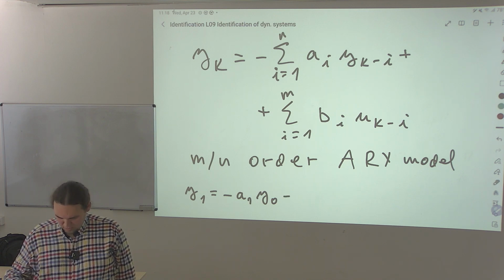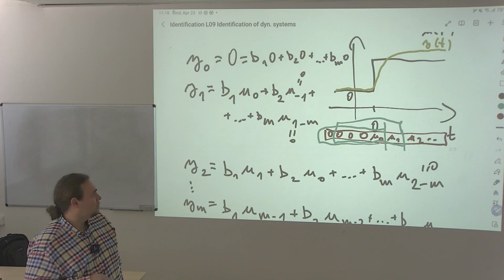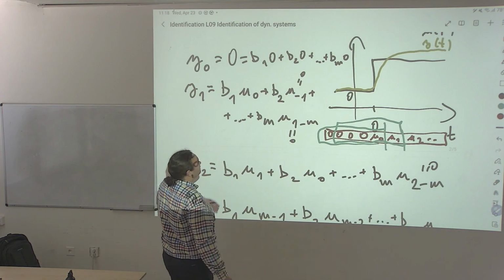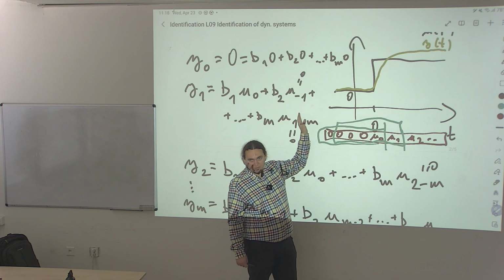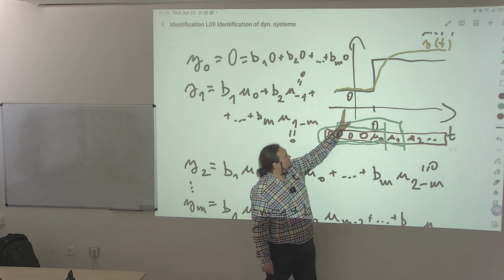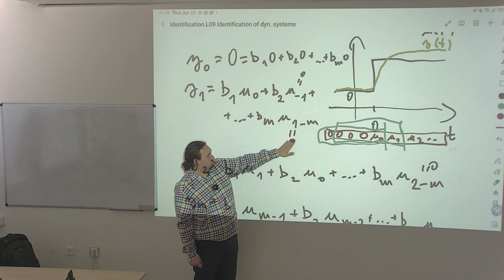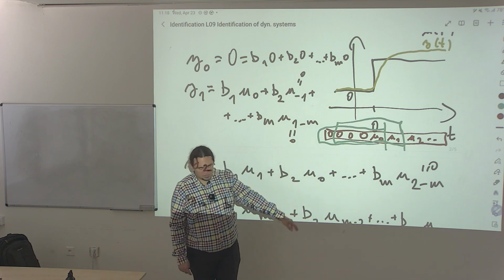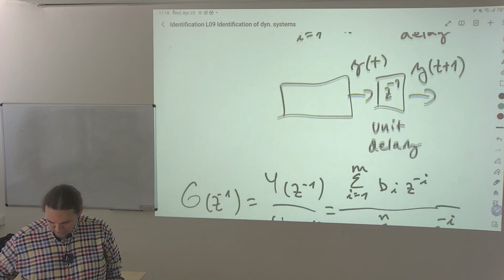Minus, and now in the same way as in our FIR model, we assumed that before the step we were in the steady state. So our u's were 0, our y's were 0. So